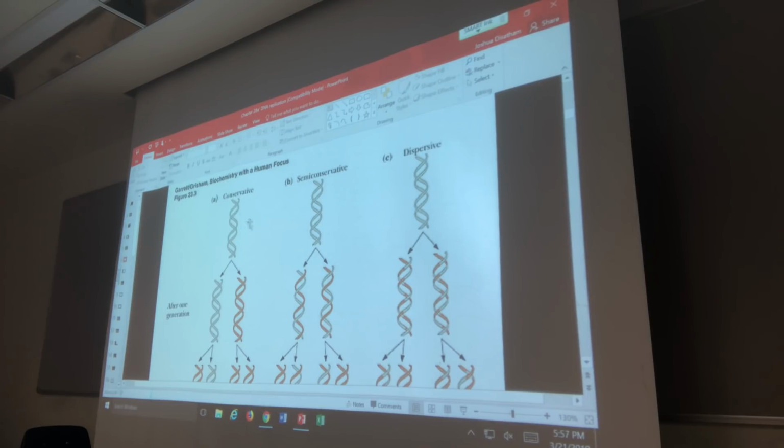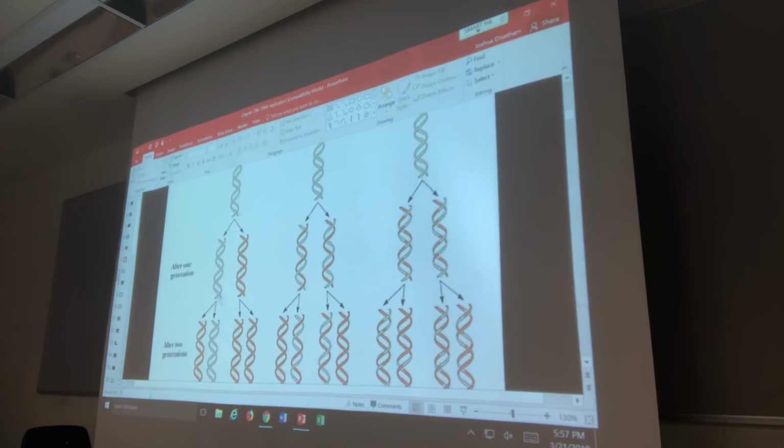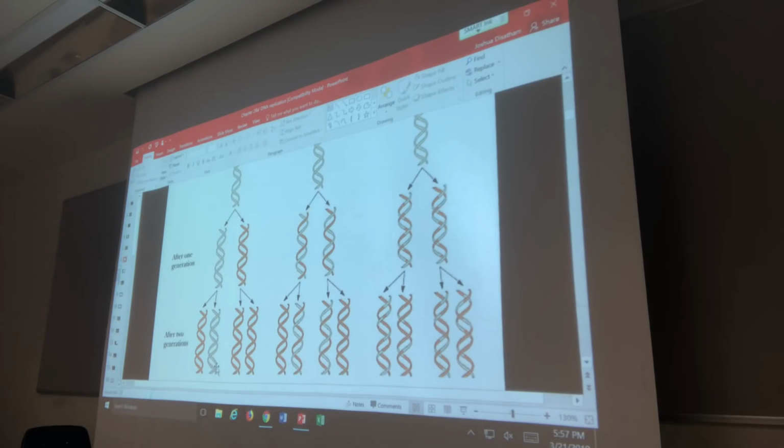So again, back when no one knew how this worked, the theory with conservative replication is there was no separation of DNA strands from each other. I think of conservative replication as if you photocopy the DNA. Notice that you don't separate it into pieces or anything. You literally just take it and copy it as a whole. That was one theory of how DNA was replicated, by photocopying it via conservative replication. There is no separation of strands, so notice that the very original strand of DNA is still there in the 2nd phase and still there in the 3rd phase as well. So that's the conservative theory.